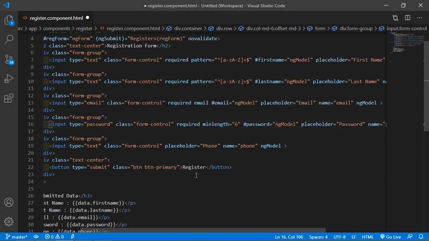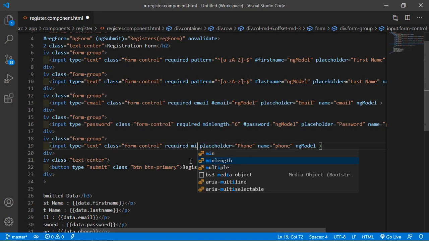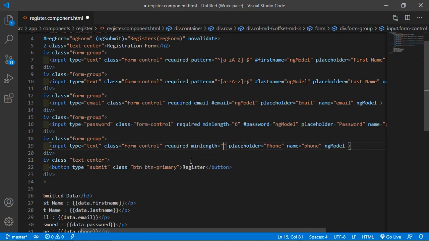All right, now validate the phone field. This is required, so just write required, also set the minlength, let's say 10, and maxlength 13.